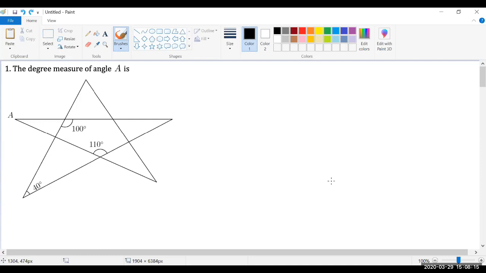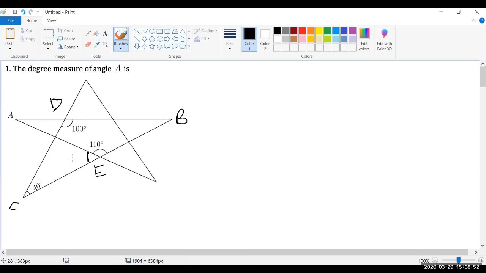Okay, so let's see. First off, let me label these points. Let's call it C, B, D, E. Now, if we start off, we say, wow, there's a lot of ways to get started, right? But I'll go through two of the ways that I thought of first. So let's look at this angle right here. Now, we know that on a line, if there's two angles like that, they're supplementary, which means that they add up to 180, right? So we can say that this is